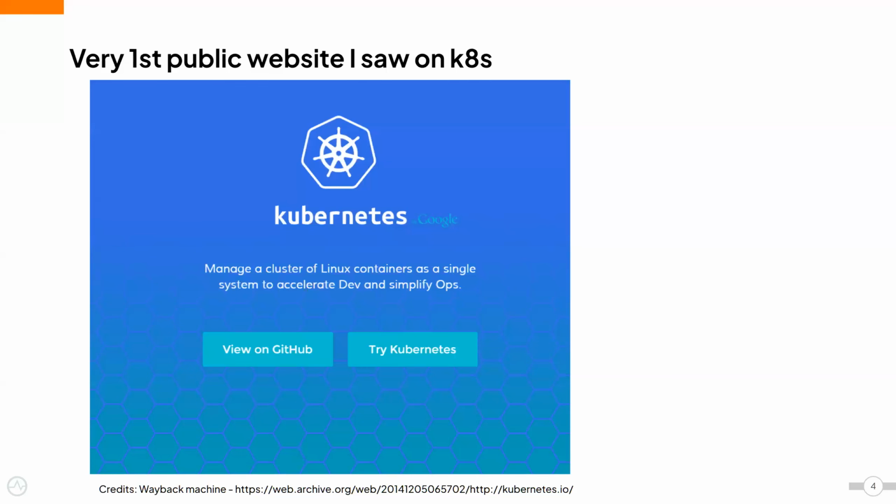And this was the original website I told you about. You go to the archive and it takes you back to, I think, November 3rd or 4th. But this is when I got to know what Kubernetes is all about, and I started reading about it. Coming from a Linux background, working on and supporting it, my first reaction was, okay, this is like VMware all over again, but in a different way.